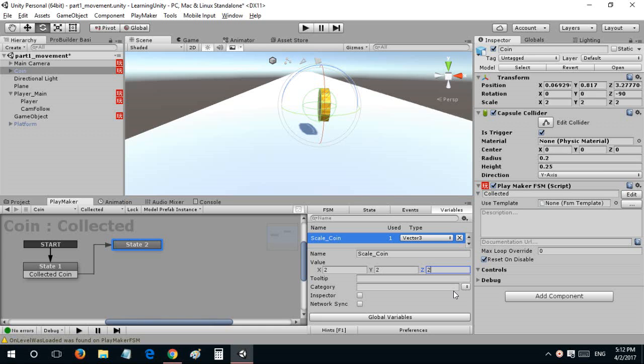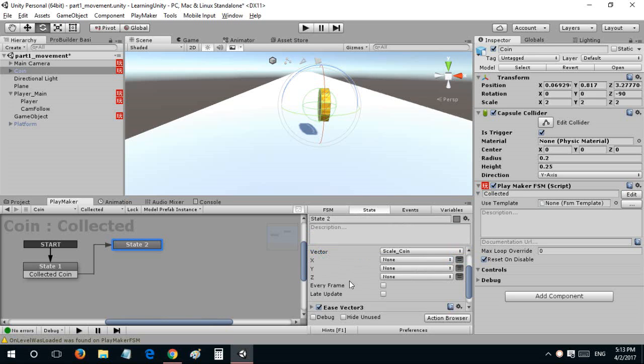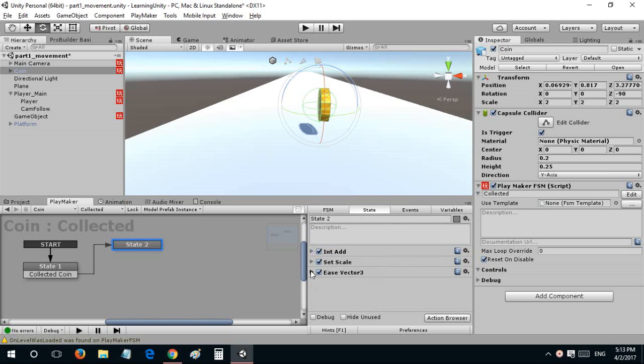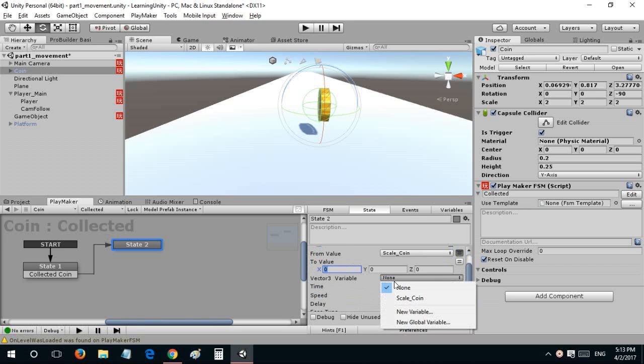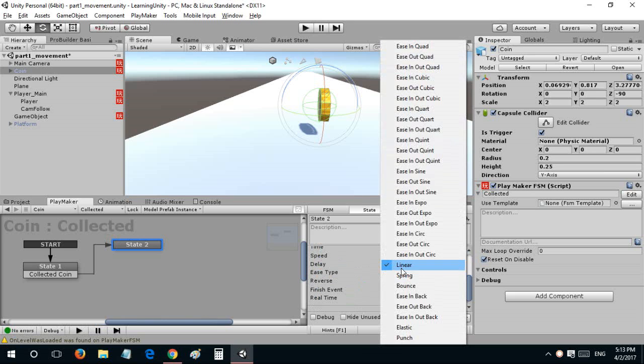So I gave it a scale of 2 to 2, and now I'll just go back to set scale, and this is going to be every frame, and I'll ease this vector 3 variable from scale coin to 0, 0, 0, and I'll change the ease type to something like bounce,